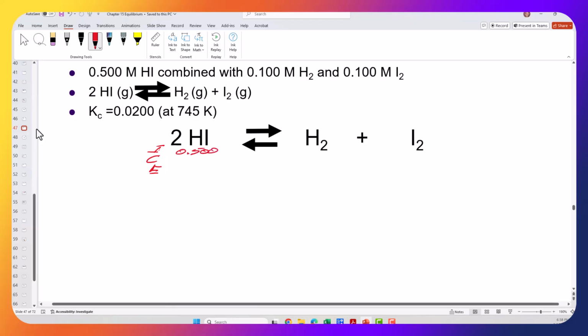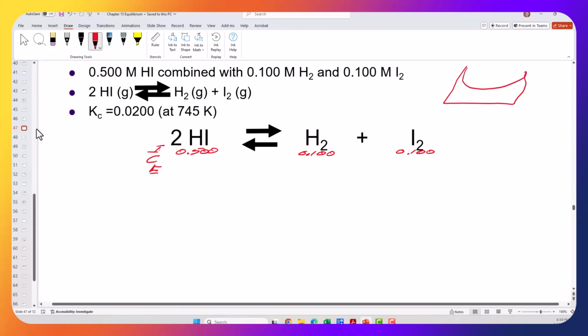0.500 molar. And they also give me 0.100 and 0.100 for the iodide. So we've got hydrogen and iodide. So for everything in this reaction, I've got a concentration. And the deal is that if I'm looking at this little diagram that I use, I don't know where I